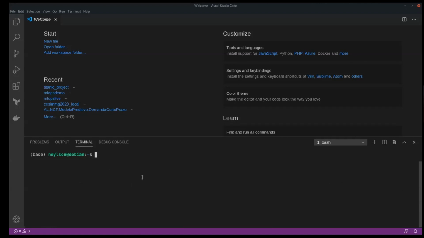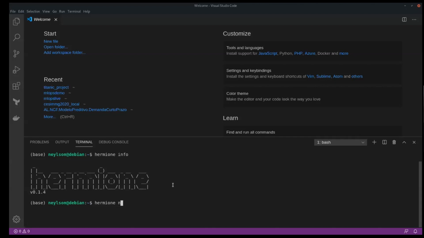When it's installed, I do Hermione info to check if it's installed. So we have a nice little logo here with the version. We are 0.1.4 right now. And then we're going to create a new project. So I'm going to create Hermione new to create a new project. Let's call it